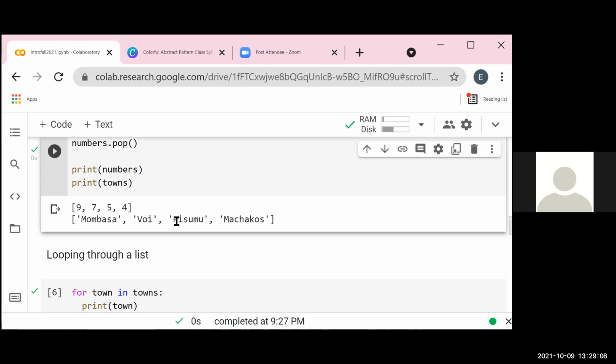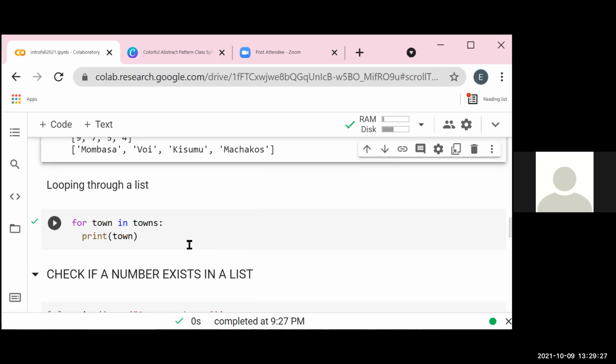Remember last time we talked about a for loop. Instead of looking at your list like this inside square brackets, you can actually print these items individually, and that we can do with a for loop. So let's say you want to just print out the names of the towns we have.